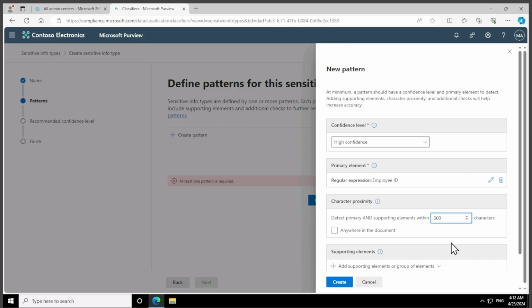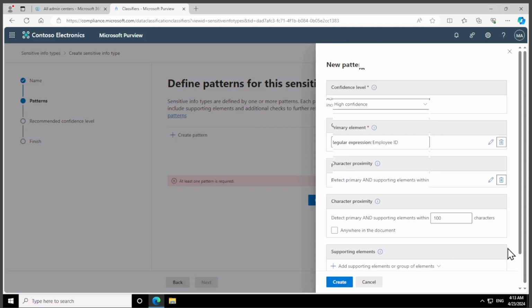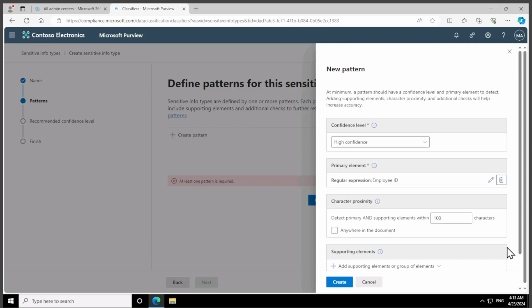300 is a bit too much. So we want to reduce this to maybe 100, and just type 100 here. All right, so that is it. We have options to detect it anywhere within the document and all of that, but I'll just leave everything the way it is, and I want to go ahead and click on create,